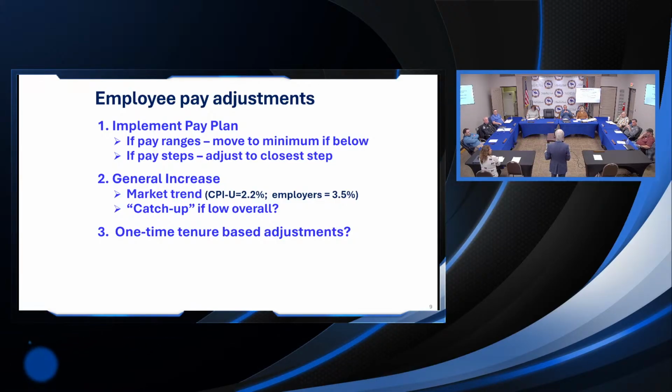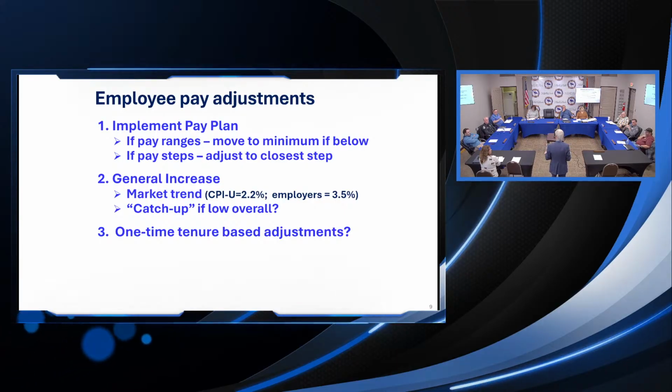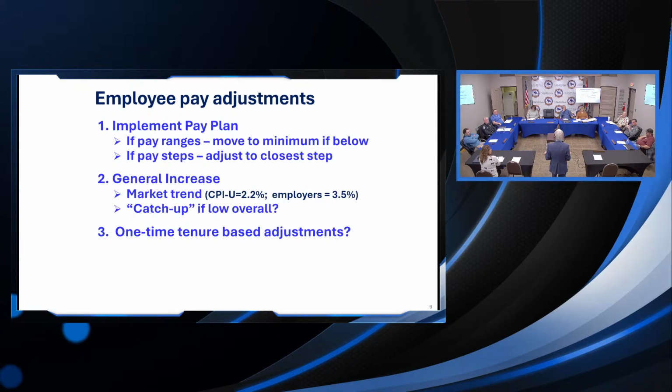But to fix that anomaly at the beginning of the pay study, where people of different tenure are making about the same rate of pay, this is an attempt to fix that. How much you can fix is often a budget thing. I'll get back to that question here with Shelbyville. Budget did impact how we try to do that this year in 2020. So how much of this tenure-based adjustment you can do is often constrained by budget. It can be pretty expensive. We've done some clients where 2/3 of the people get an adjustment based on this, and we've done some where it's 10%. Everything is okay in terms of how pay is related to time in job.